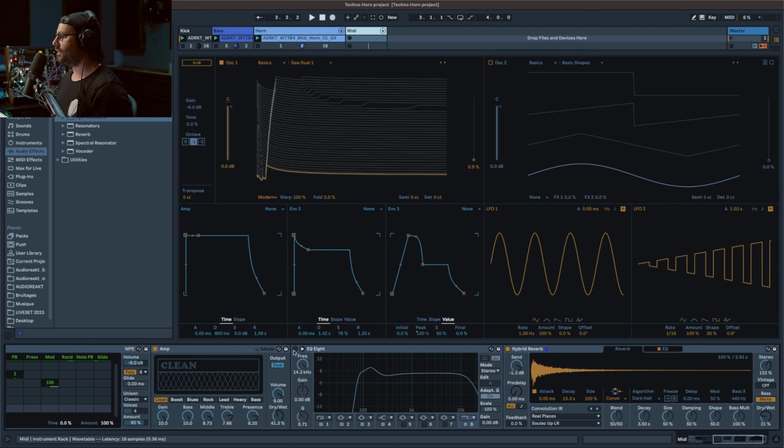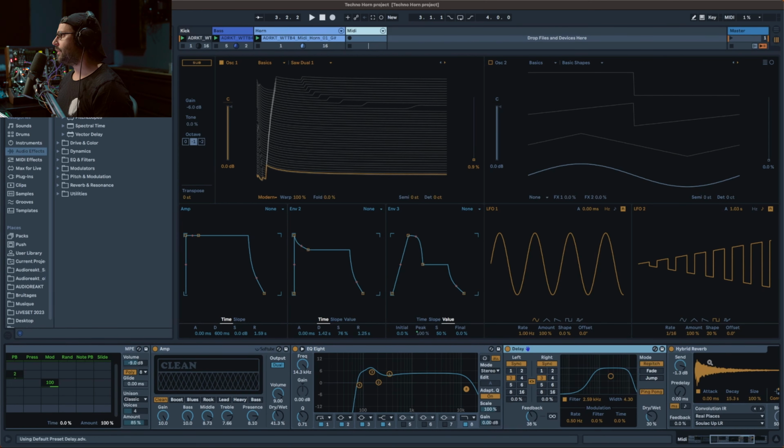Big difference, and the same with the EQ. It gives this nice character. Now another way to add variation is to use a little bit of delay. So I'll put it before the reverb. You can use like a classic ping pong delay. I like to put it in 3 there, and maybe something more like